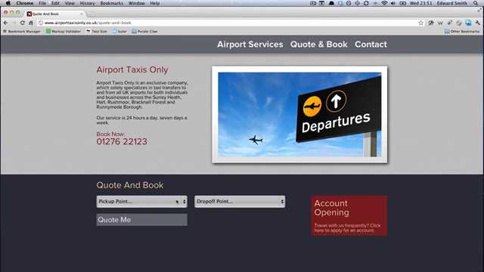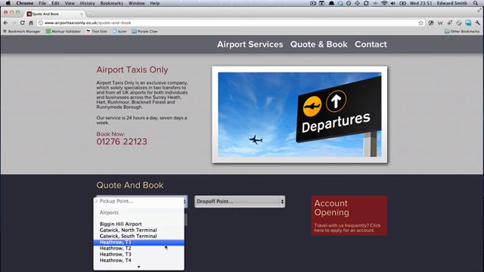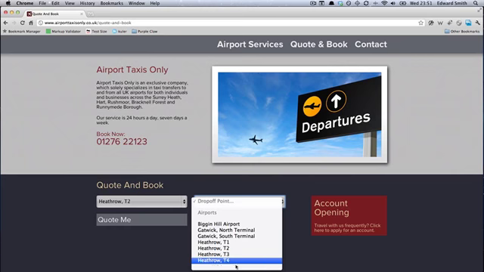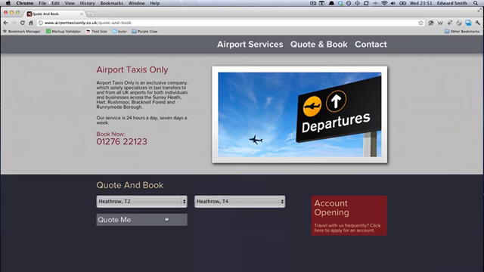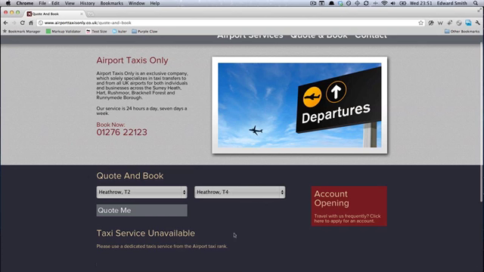In this particular case, the client was concerned of being called out to the airports to ferry clients between one terminal and another. So to combat this point, you'll see if people try to book a cab like that, they get the following error message. So they can't book cab rides between terminals, as in this case this would have been unfinancially viable for the